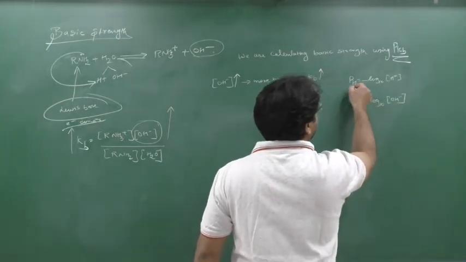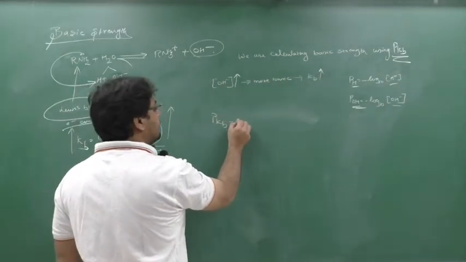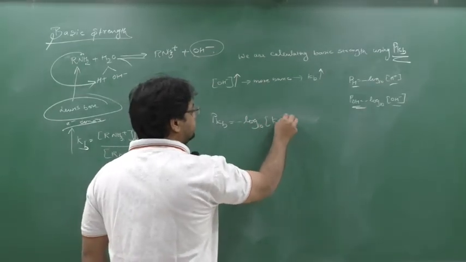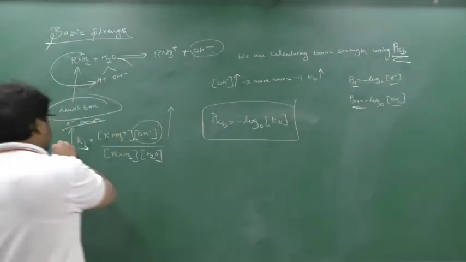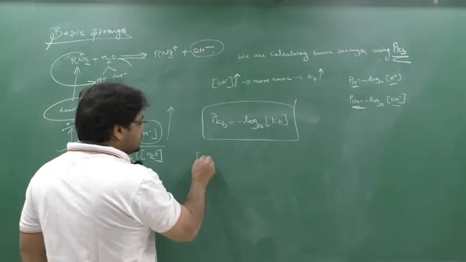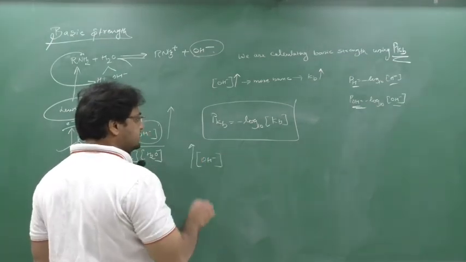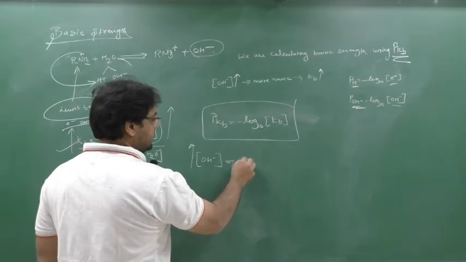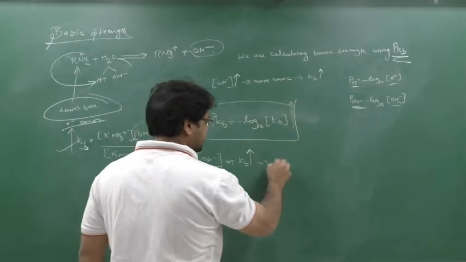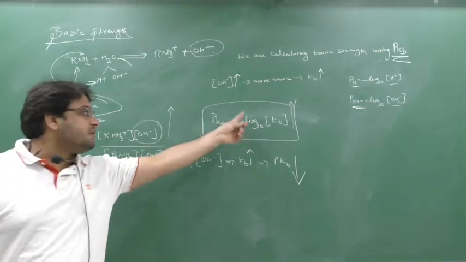Whatever is written here, that same thing is coming under concentration. Similarly, pKb is equal to what? Negative log to the base 10 of Kb. And what do you mean by Kb beta? Kb value will be given by this. So see here now. As OH minus increases, so Kb will also increase. But if Kb increases, pKb will reduce. Because of the negative sign, pKb will reduce, no?